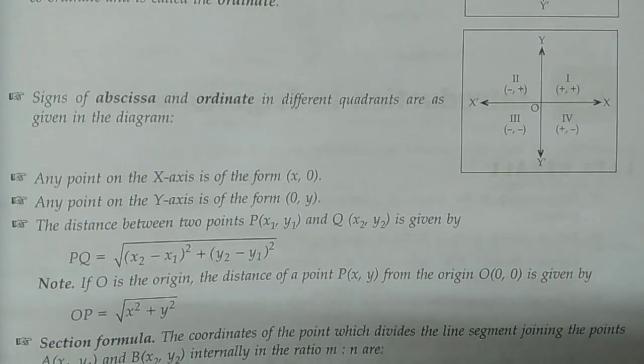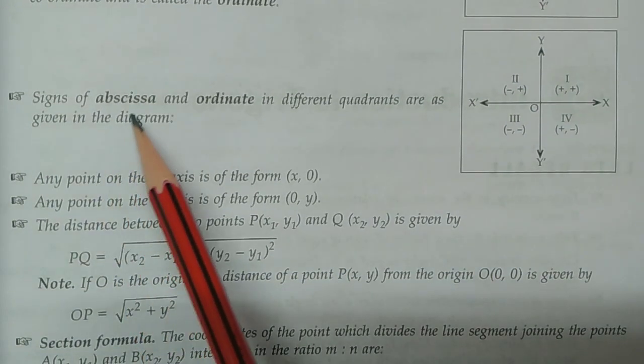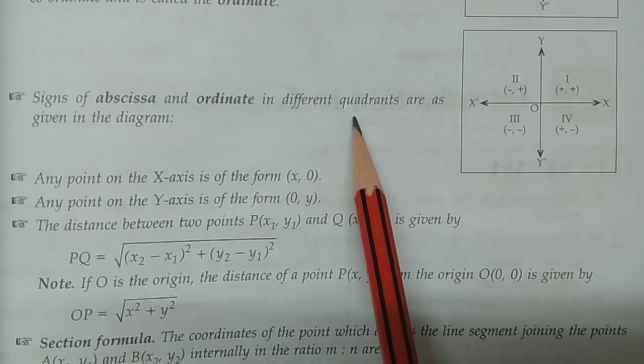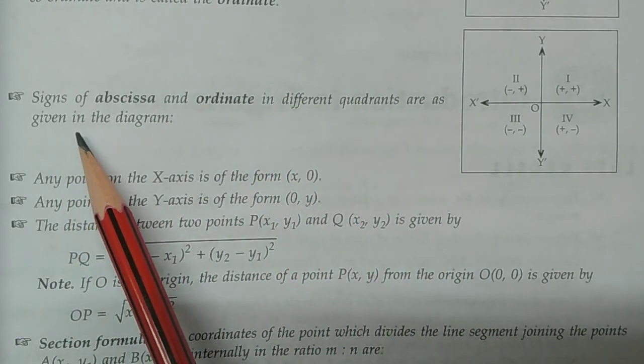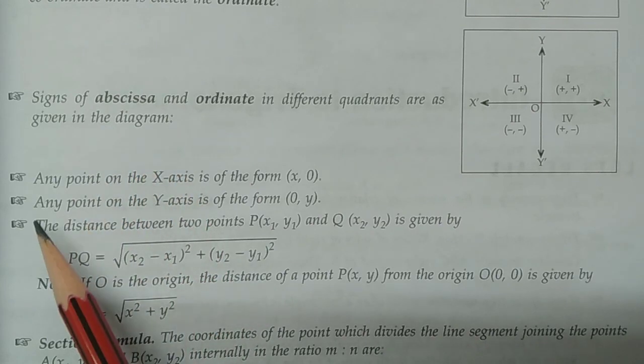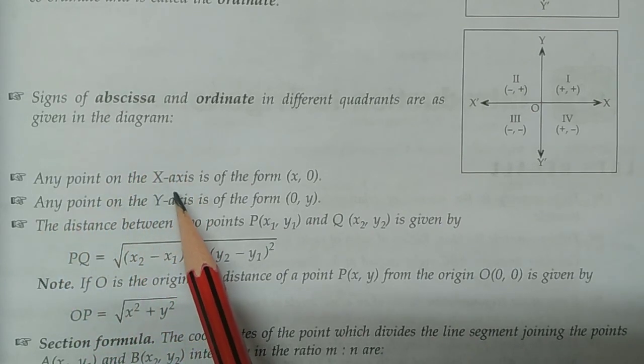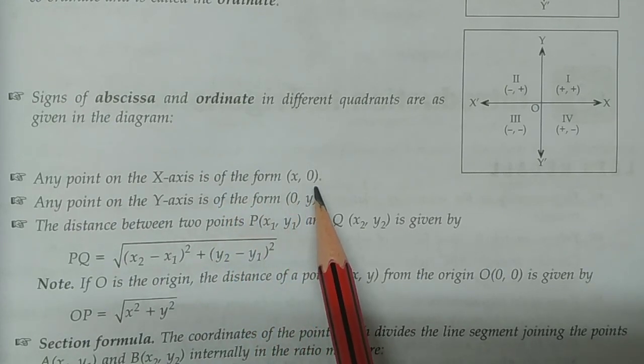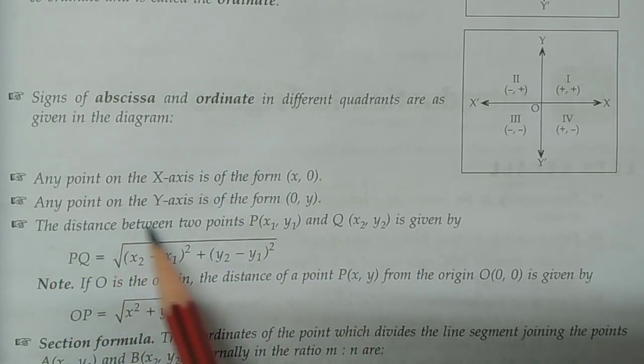So you can complete from here. Signs of abscissa and the ordinate in the different quadrants are given in the diagram. Okay. Next, any point on the x axis is of the form (x, 0). Next, any point on the y axis is of the form